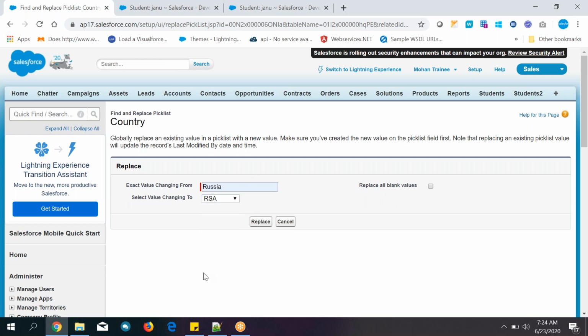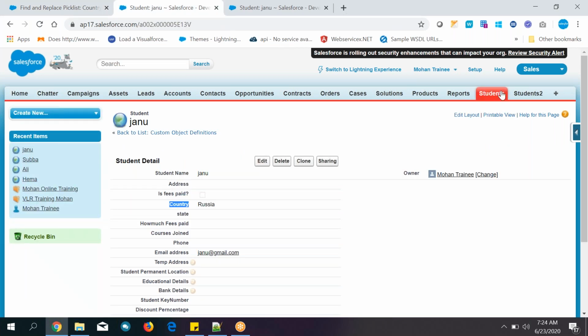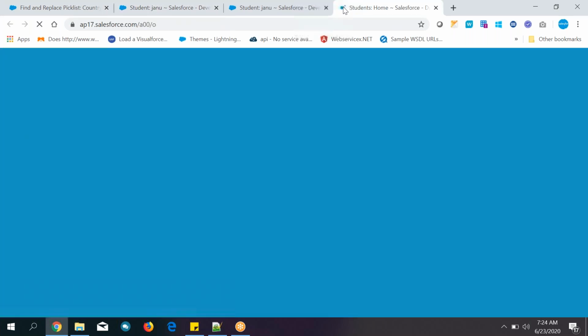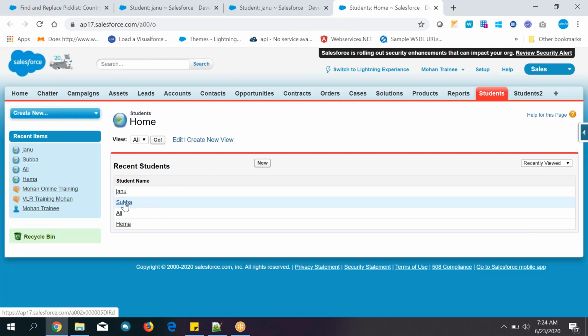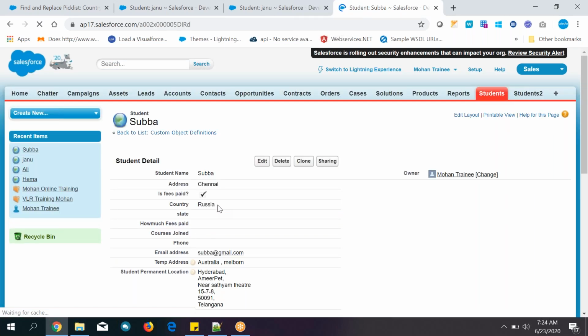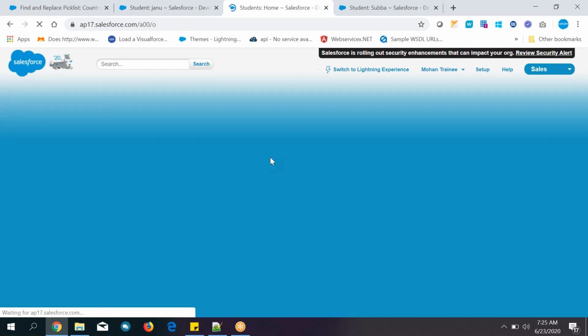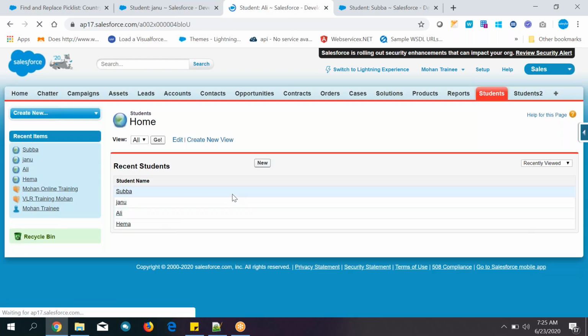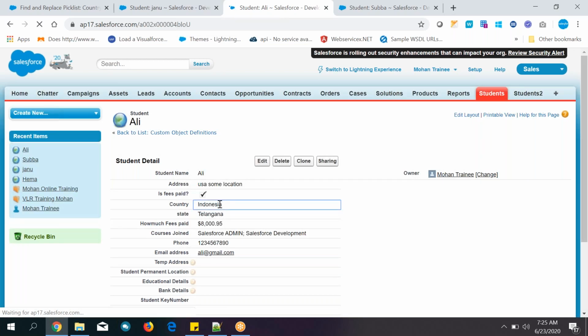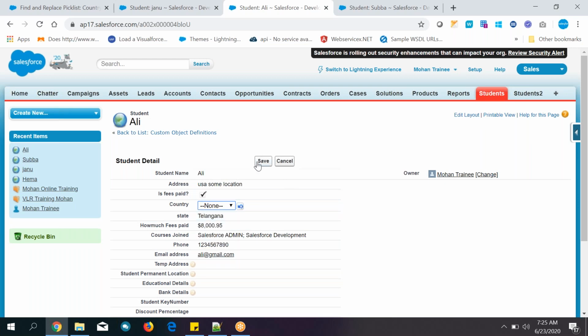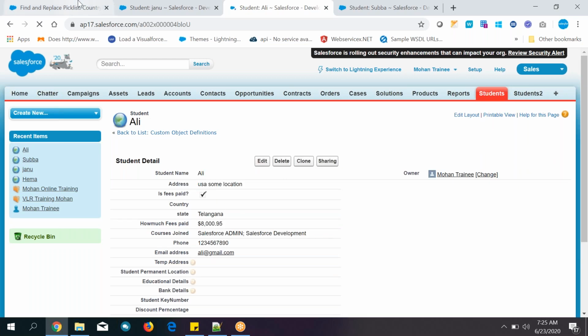Replace with RSA. Okay, and if you click on this one, that means even for few of the records, if country is empty, suppose if country is none, null, this meaning is okay.